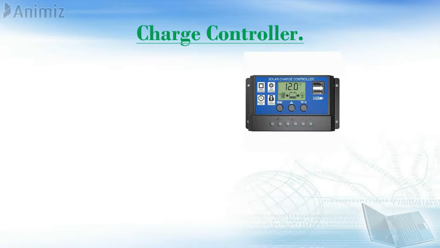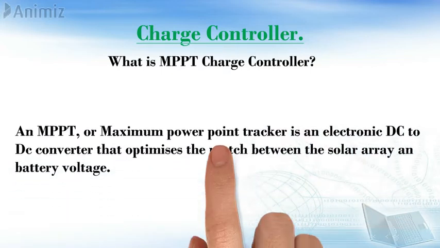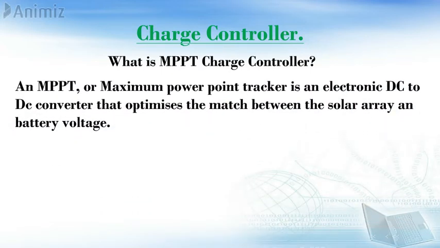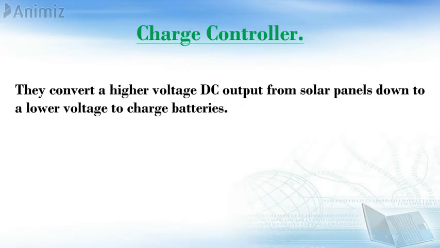There is a special type of solar regulator I need to talk about. Maximum Power Point Tracker Charge Controller, MPPT in short. An MPPT is an electronic DC to DC converter that optimizes the match between the solar array and battery voltage. It does this by converting higher voltage DC output from solar panels down to a lower voltage